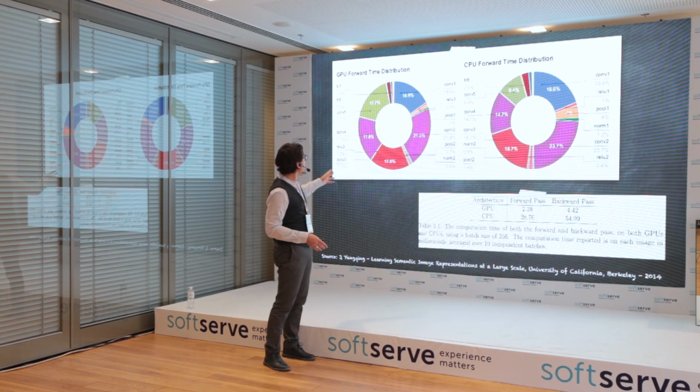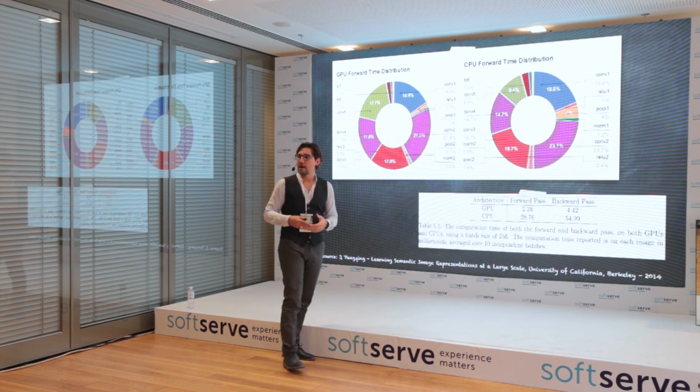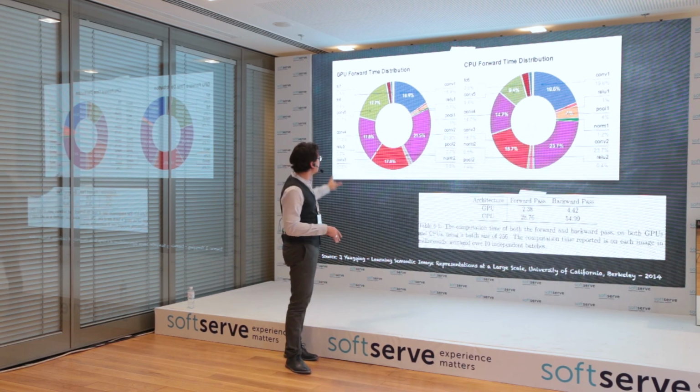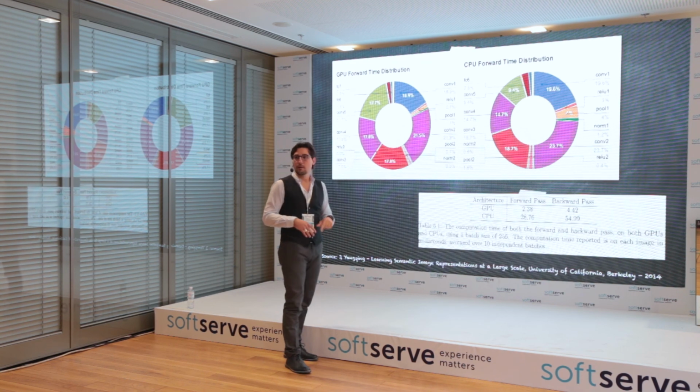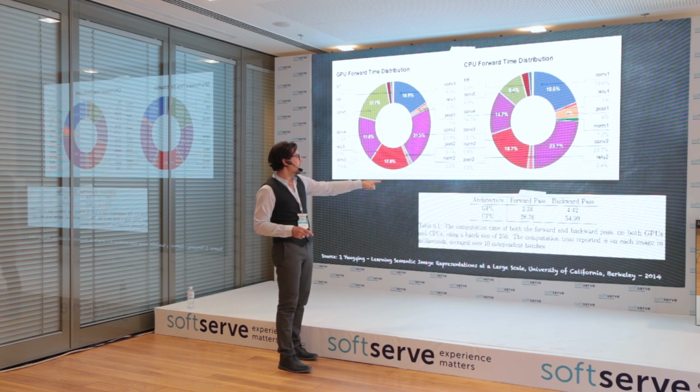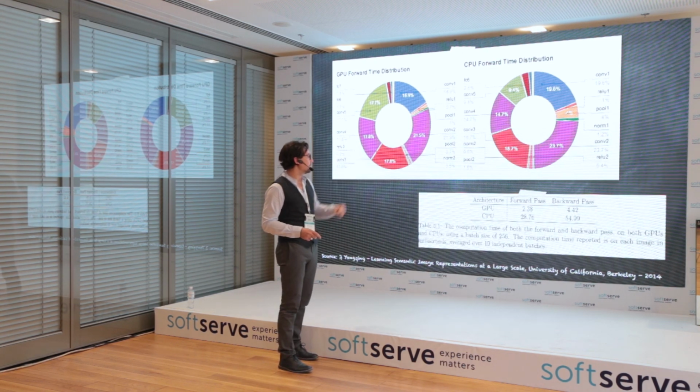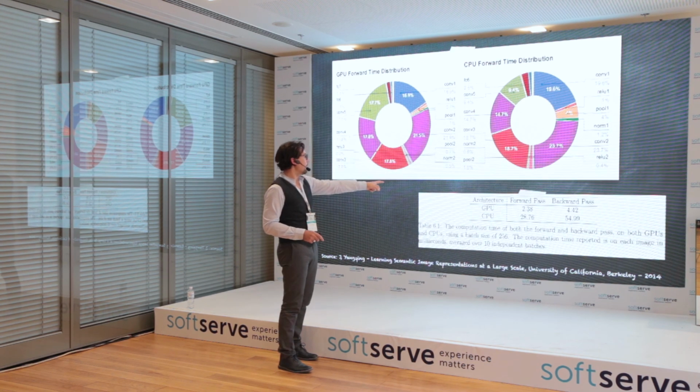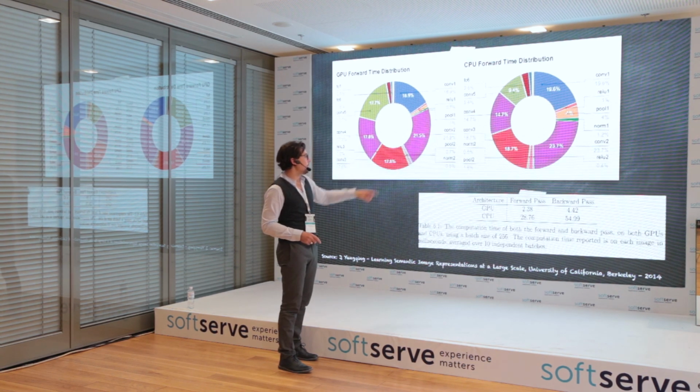On the GPU, you can see that some blocks, especially the fully connected ones, are very, very fast, and most of the computation is spent on the convolutional part. If you compare the forward and the backward pass, you see lots of difference, especially when you compare GPU and CPU. They're